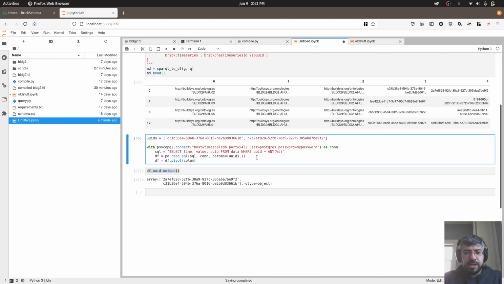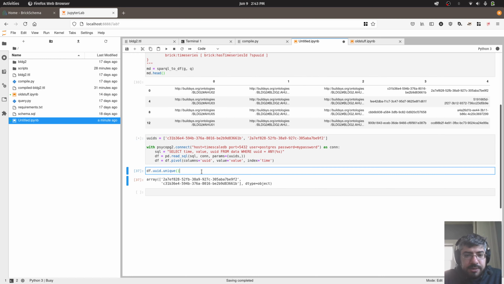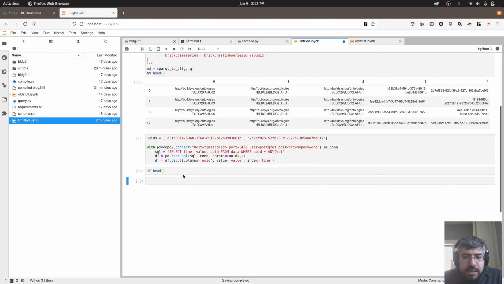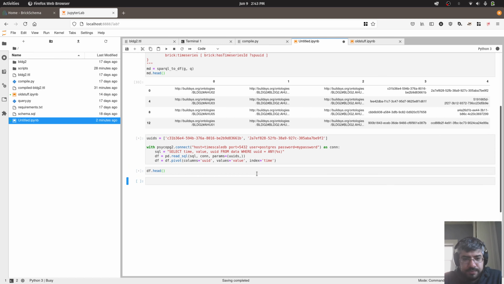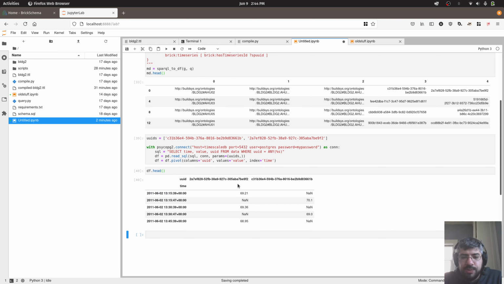And you specify which column you want, which column's values you want to be the new columns, which is UUID. The values are going to be value, and then index is time. And now, values. If we rerun that and take a look at the data frame, you can see we do get 2 columns